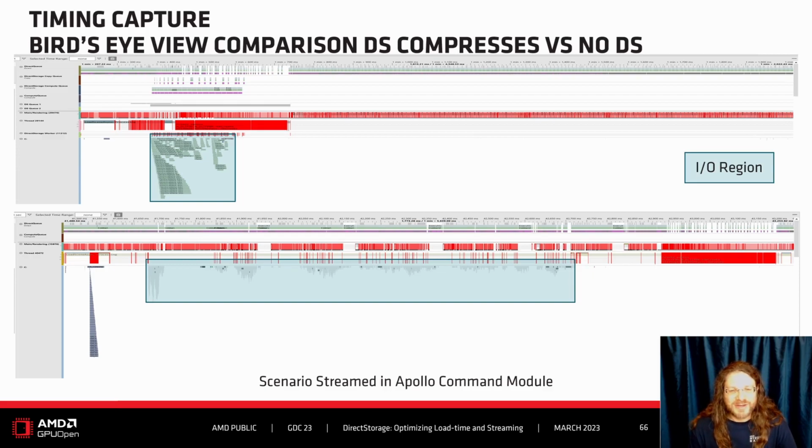As we can see, with direct storage enabled and GPU decompression on, the amount of time spent in file IO, which is highlighted in the blue region, is significantly less than if we don't have direct storage enabled at all. We can also see that the depth of the IO requests is significantly greater, and this somewhat represents the number of outstanding requests at a given time. Whereas with no direct storage enabled, the read requests are scattered everywhere. They're rather small, and it takes quite a bit of time.